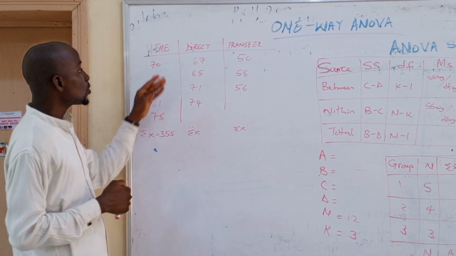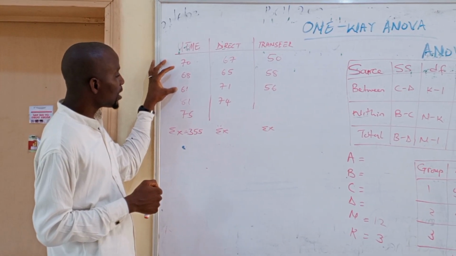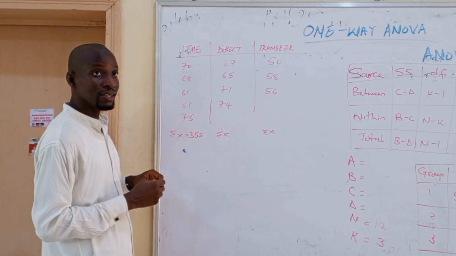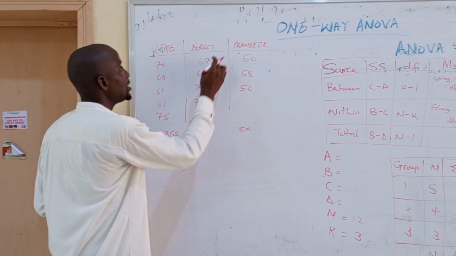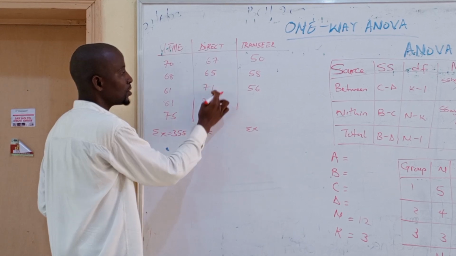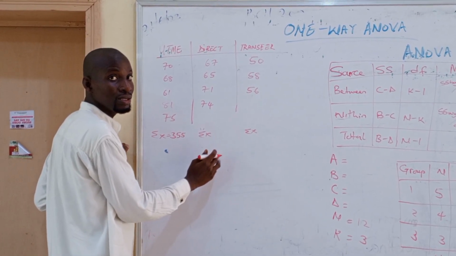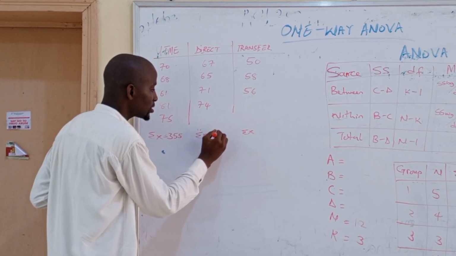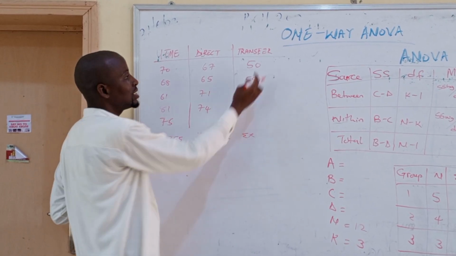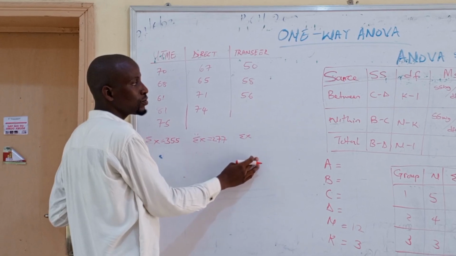You can also confirm again. 70 plus 68 plus 61 plus 81 plus 75 will give you what? 355. While for the other one, 67 plus 65 plus 71 plus 74 will give you what? 277. While the third group, those that are coming in through transfer, 50 plus 58 plus 56, that will give you